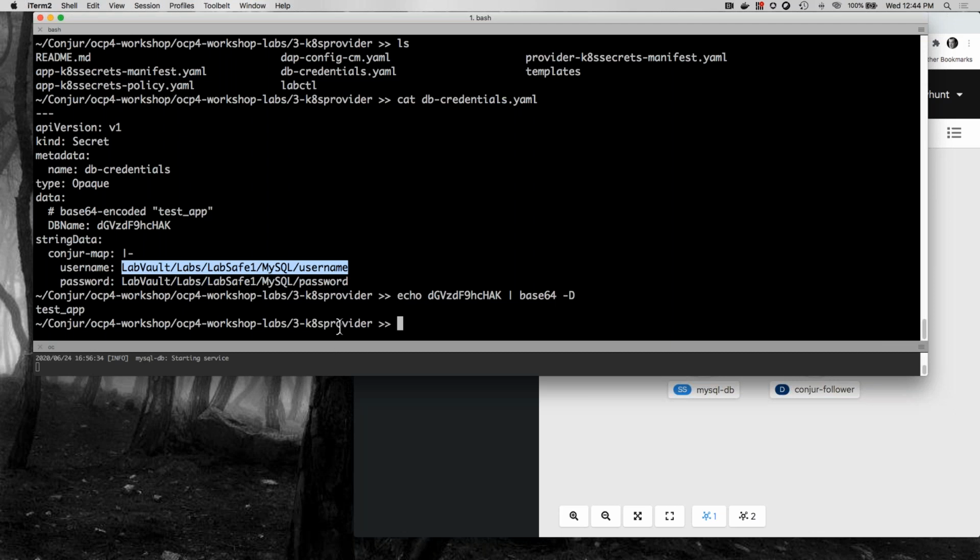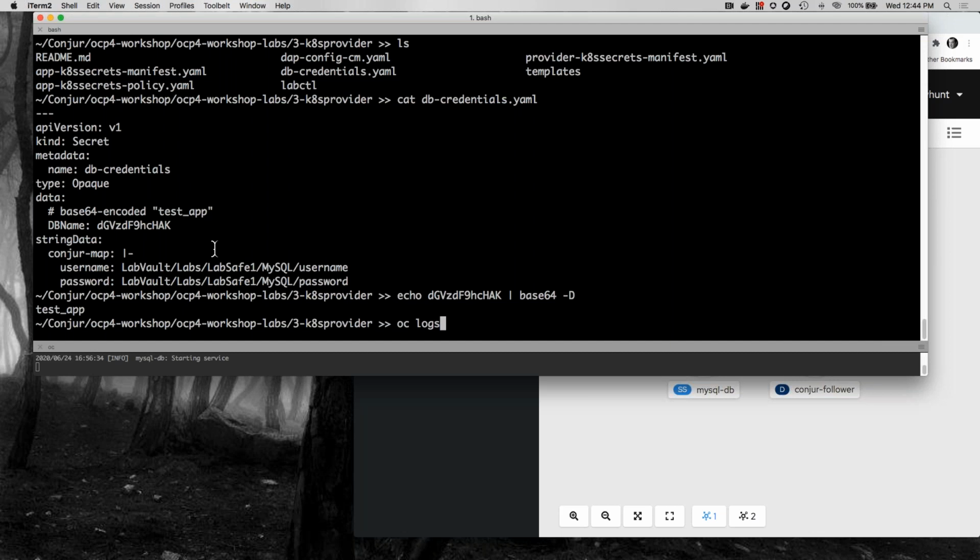And now what the provider is going to do is pull those secrets and patch this secret at runtime to base64 encode those values as if they had been part of the manifest. But the manifest never has the username and password in it. It's only got the names of those secrets. And so that's what the provider does. If we look at the logs, for example, the provider runs as an init container, it authenticates,